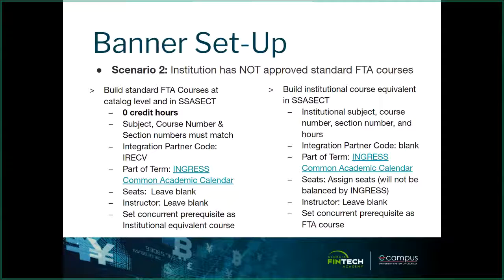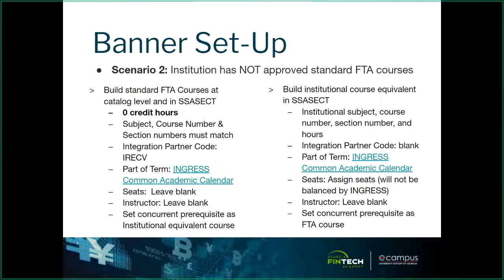When you're building your institutional course equivalent, you'll use your normal subject, course, and section number and your normal hours. Your integration partner code will be blank. This institutional course equivalent will not be processed through Ingress. Only the FTA course will. So you will not need to enter that information on the institutional course equivalent. Your part of term will need to match, and you will also need to assign seats to the institutional course